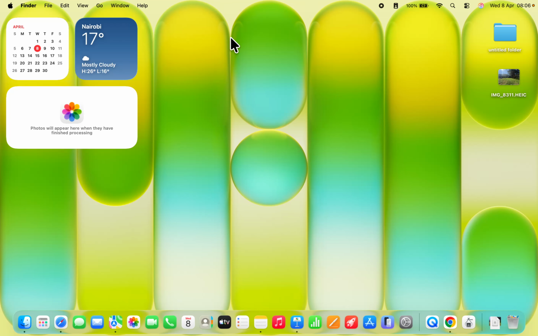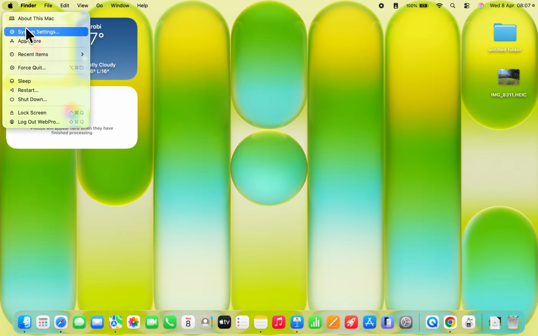Let me show you how to stop apps from automatically launching or opening on startup on your MacBook Neo. Every time you switch on your MacBook, some apps will automatically start running every single time. Now to stop this, you want to go to the Apple logo in the top left corner and select System